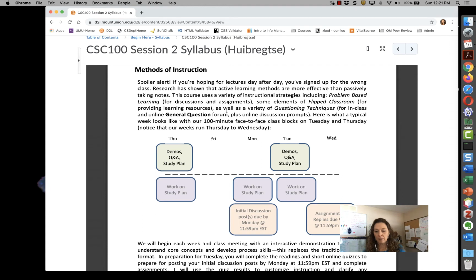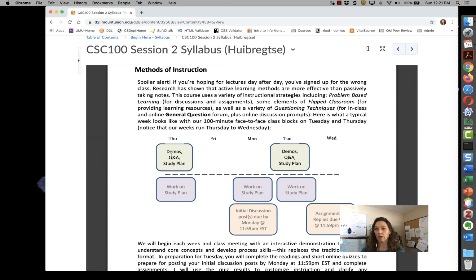The way this is set up is it's designed so that each module could be completed if you sat down at the beginning and just worked through class. You could technically complete it within one class period with assignments being completed on your own. So this is my suggestion, but of course you're going to have to figure out how this works best with your schedule. The green would be our